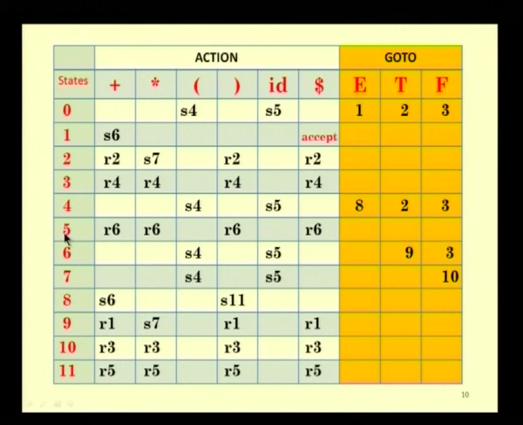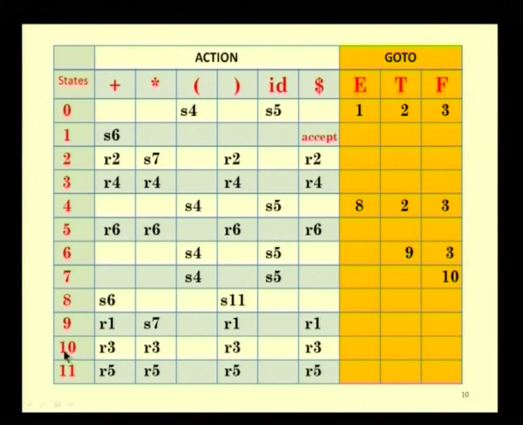And similarly, in 5 we have F derives ID dot. F derives ID is the sixth production. So, we are entering 5 comma plus, 5 comma star, 5 comma closing bracket, and 5 comma dollar with the reducing production, the sixth one. So, we have R6,